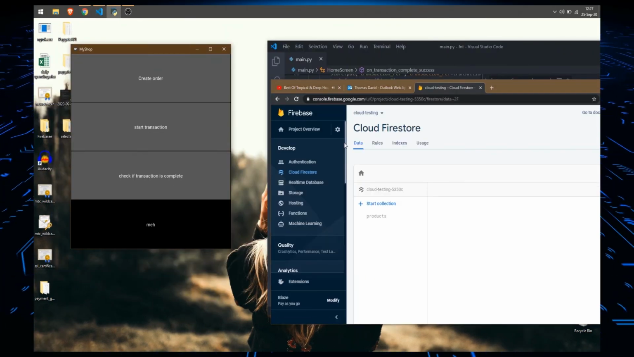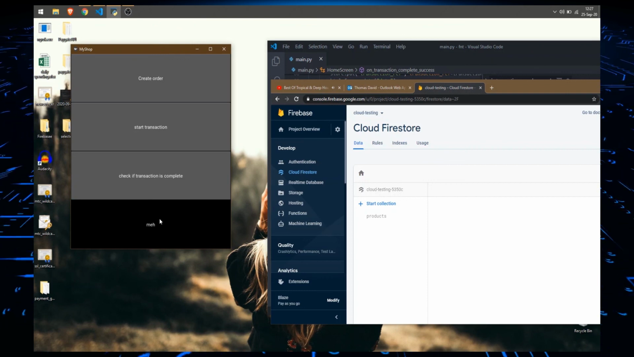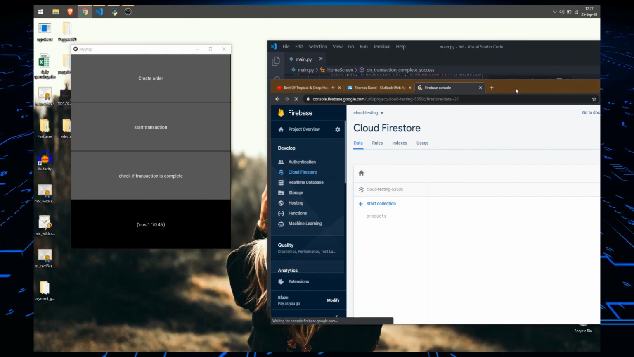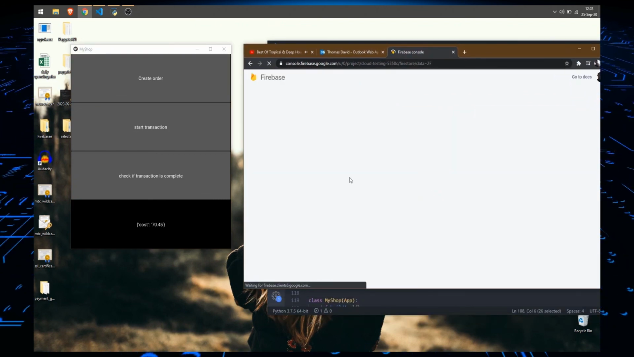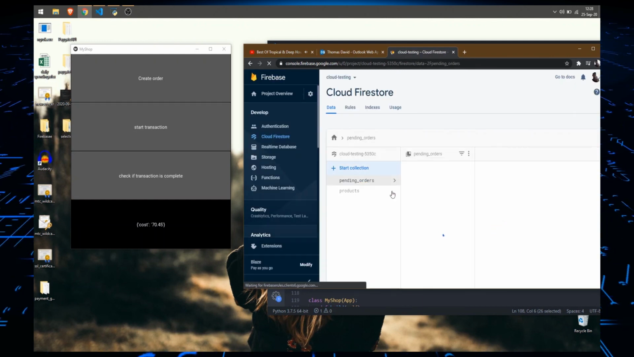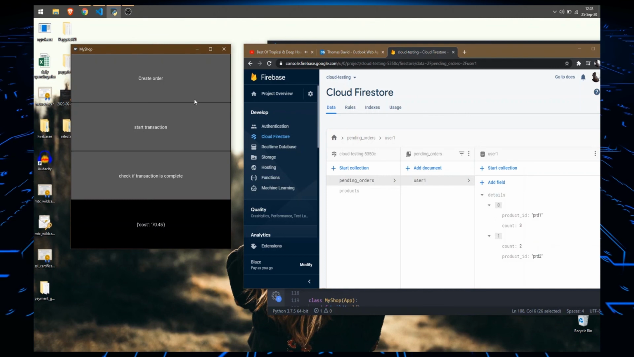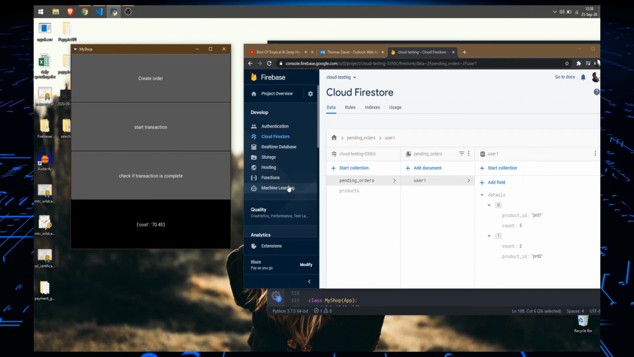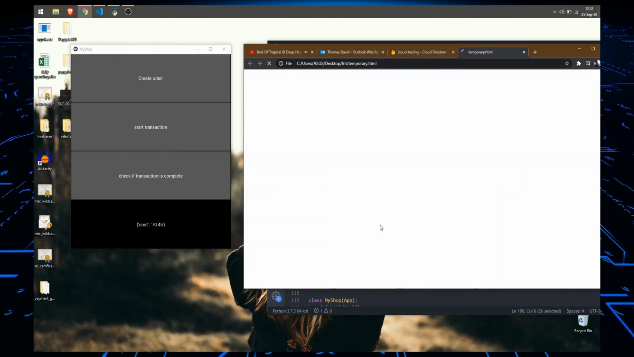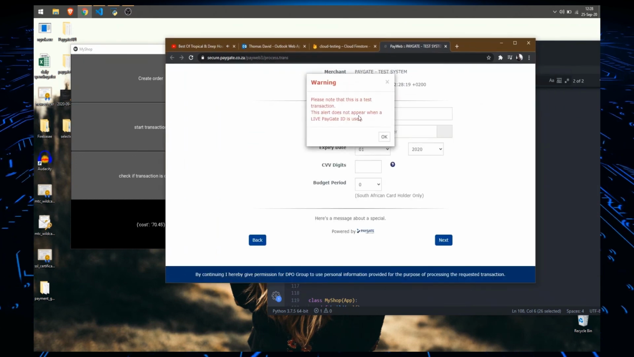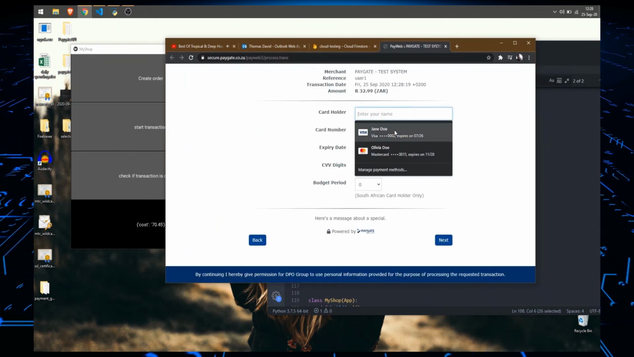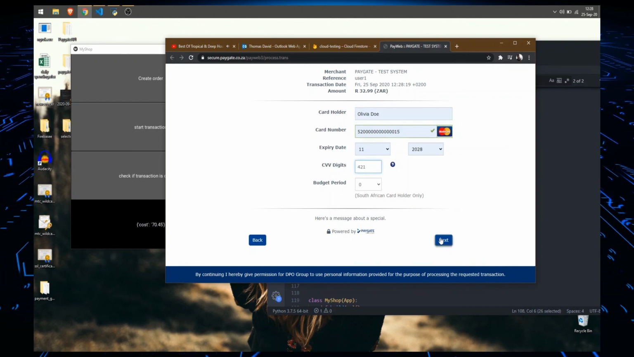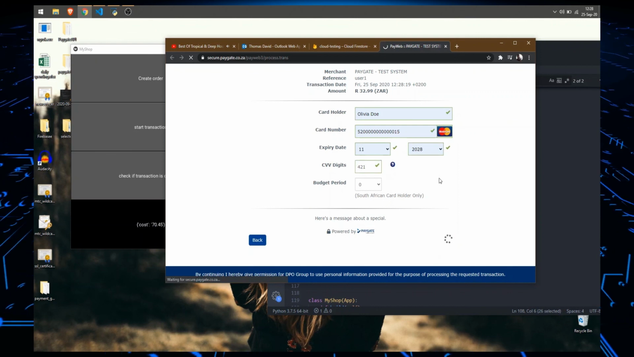So if we run it, we can start off by creating an order. And if we look in our database, the order should be there. Good. Now let's click on start transaction. What this will do is open the web browser where the client will be requested to enter their card details or whatever payment method was chosen. In this case, I chose credit card. These card numbers are the testing ones. And if we proceed,